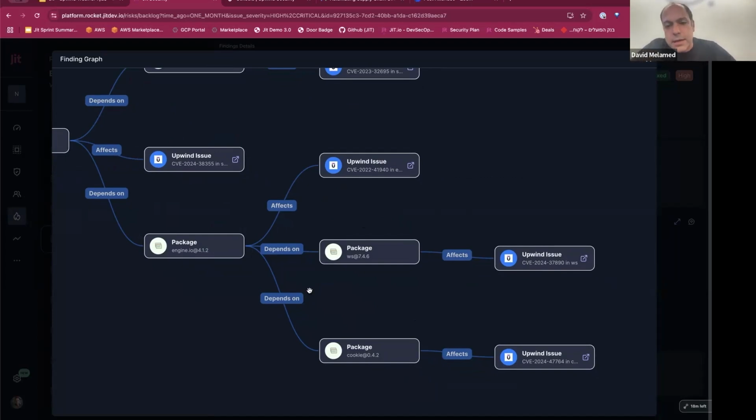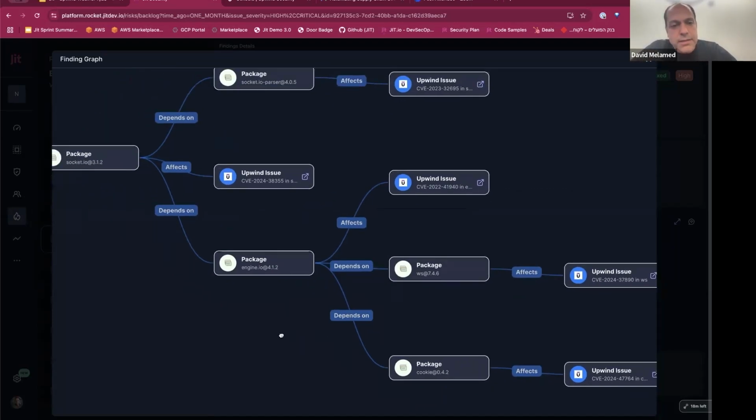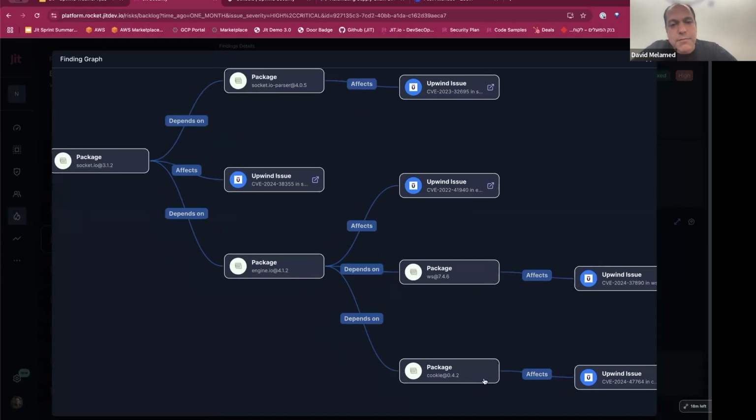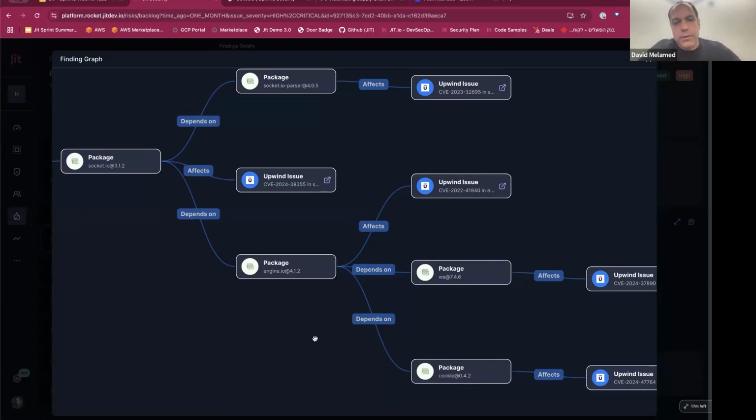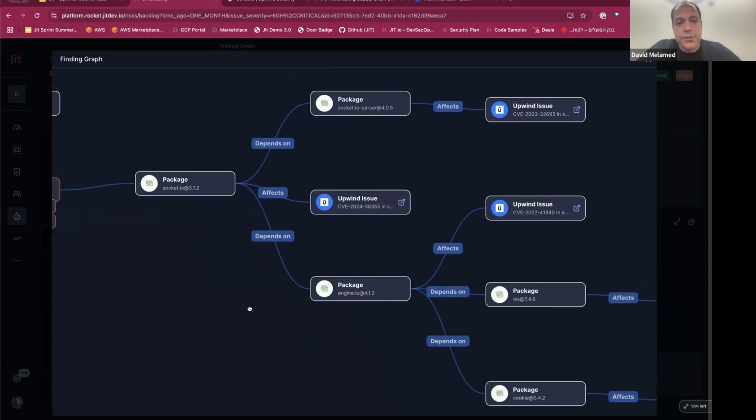issues that Upwind found. And Jit actually makes everything super clear because we can really draw the whole dependency graph of all the packages and provide you with all the different contexts here. And that tells you for certain that this package has some vulnerabilities and you need to actually upgrade to a newer version to remove all these